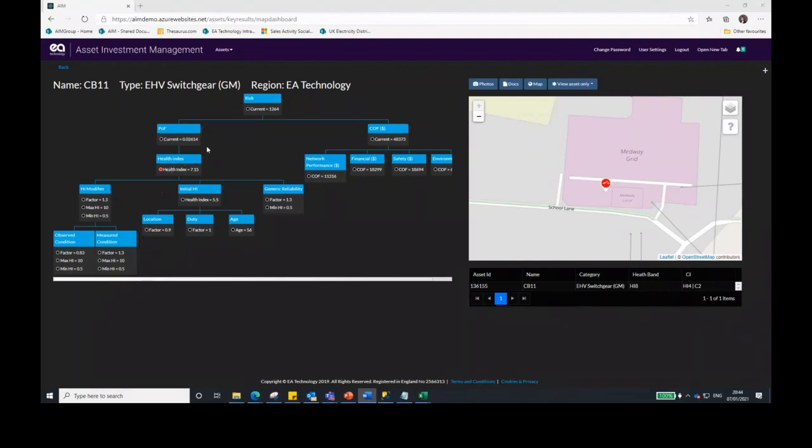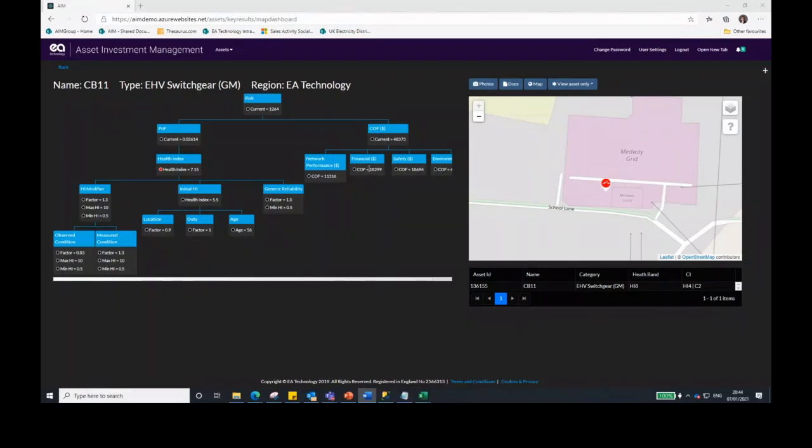From there, the health index, we have a formula where we derive the probability of failure for the asset. So these are all the things that we saw on the left-hand side of the schematic previously. And then on the right-hand side, we saw security of supply, or we call it network performance in this instance, the financial consequence of failure, which is the impact if the asset fails and how much it costs to replace